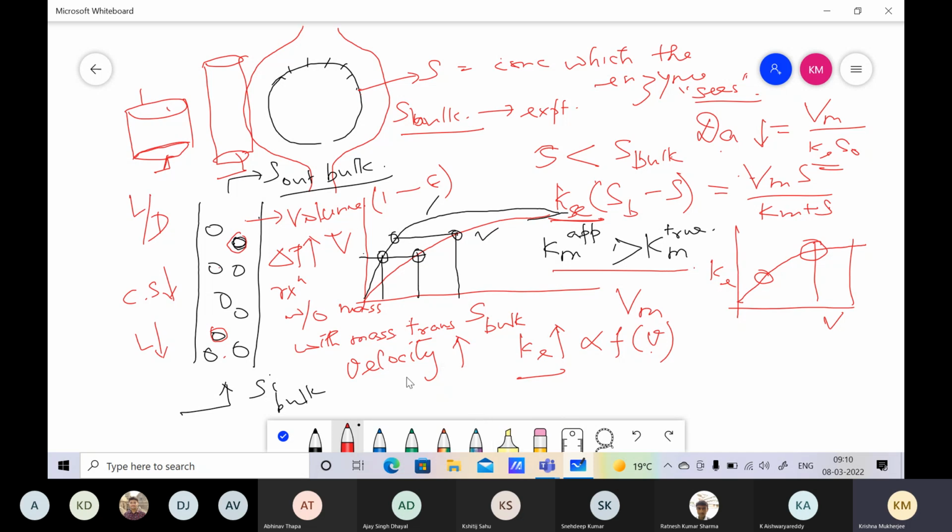We will come back to this if we have time, because we have many things to cover, but at least you should be aware that mathematical correlations exist for this, and which can be used to calculate Ke and therefore predict Damkohler number, and therefore predict what is the kind of conversion that you will get after integration. Okay, now,